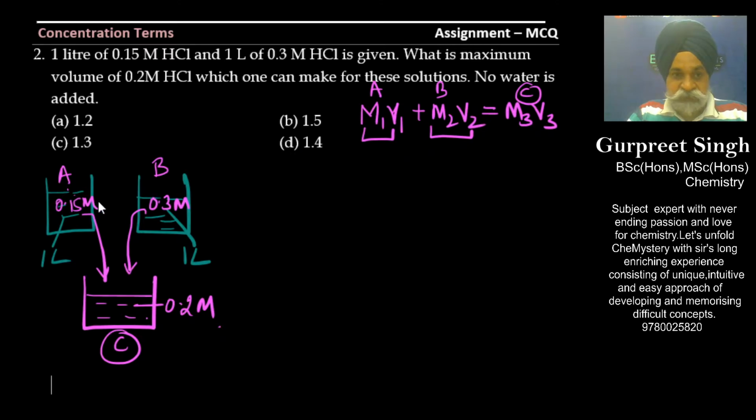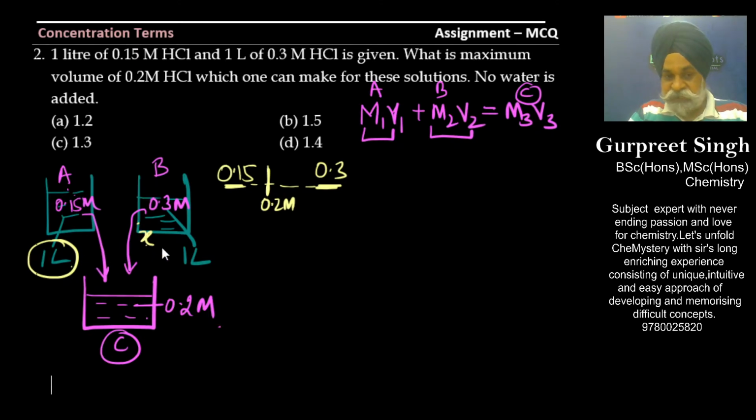So the range is 0.1 molar and 0.3 molar. You have to make this much molar, so this is dilute, this is concentrated, and you make a solution which is in between them. Because you have to make the maximum volume, either you take 1 liter of it and add x amount of the other into this, or vice versa, you take 1 liter of this and take x amount of the other. Do it both ways and see in which case the volume comes out to the maximum. That would be the answer.